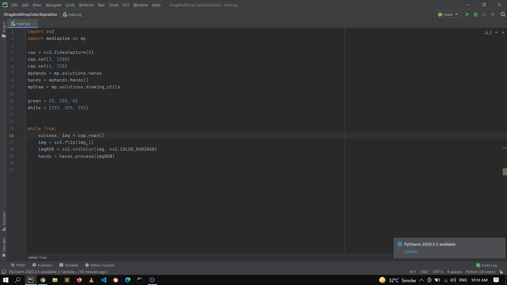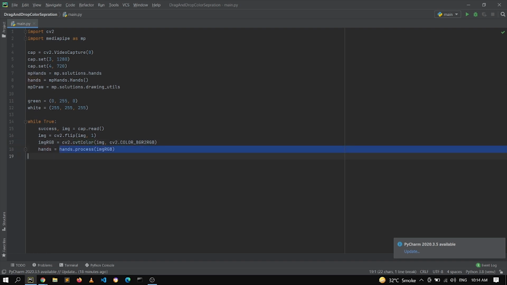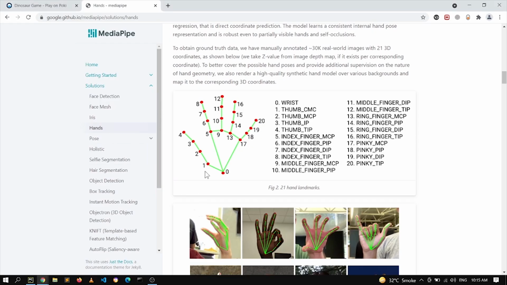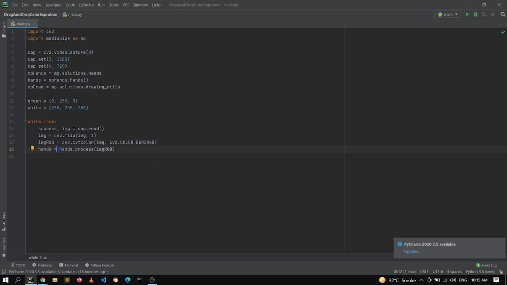So at this point, we are just reading the frame from the webcam. Then we are flipping that frame to the proper orientation, and then we are converting the image from BGR to RGB, and then we are extracting all the hand landmarks and all the information that is available inside the hand. The MediaPipe library will extract all this information that we can see over here, all these landmarks. Now if we want to display that, or if we want to run it, we just need to go for here, go for